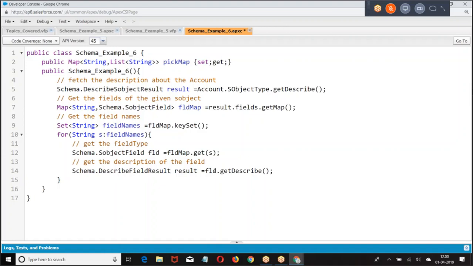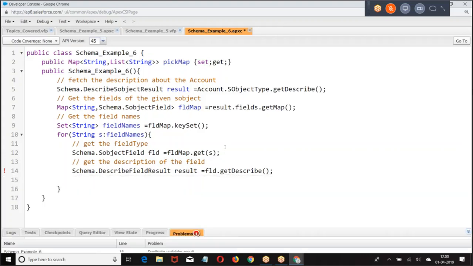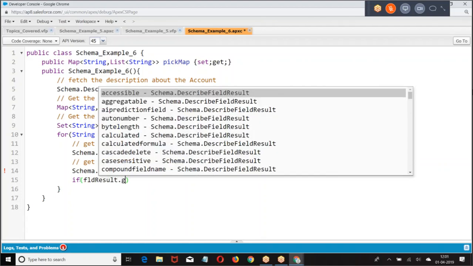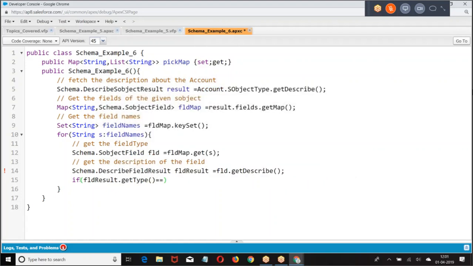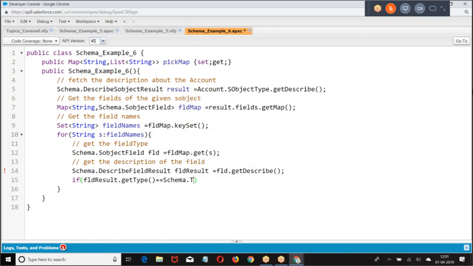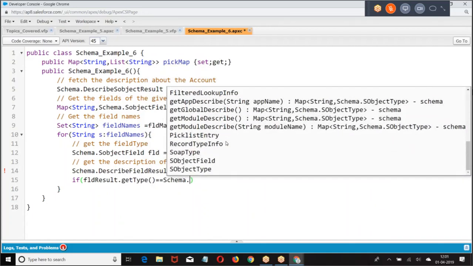Now, whatever field you have given, you are getting the field type. Okay, once you know the field type, get the description. Once you got the field description, check out the data type. If field result dot get type equal to schema dot, we need to understand the type, field type.